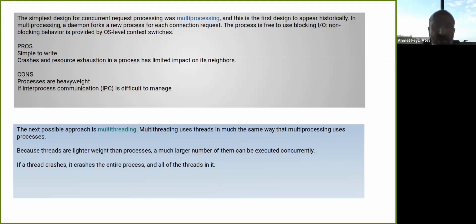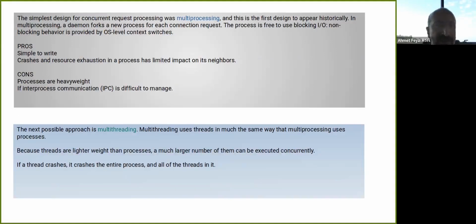One of the first approaches was multiprocessing. Multiprocessing is maybe the first design to appear historically for concurrency. There are some other topics you may need to examine by yourself. You need to read old books about time sharing, batch processing, and so on. But multiprocessing is one of the oldest designs to appear historically.